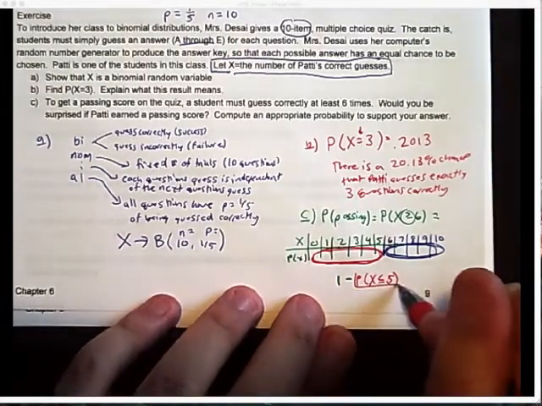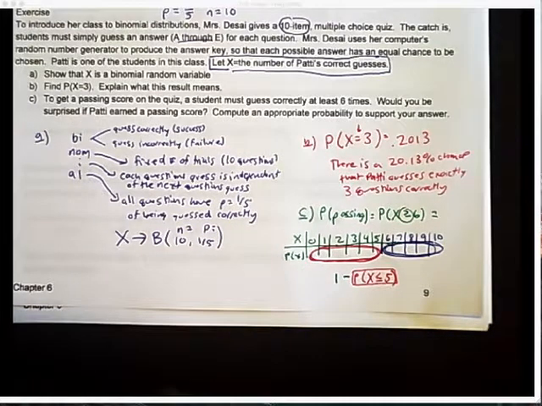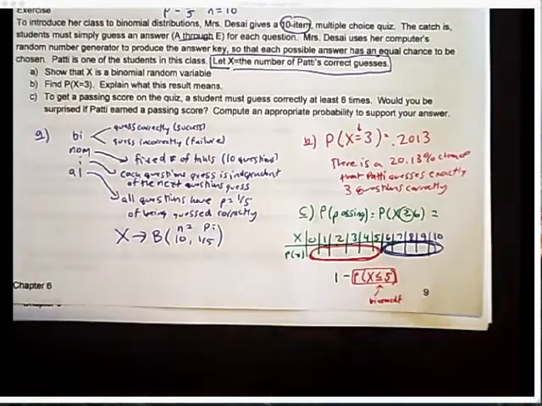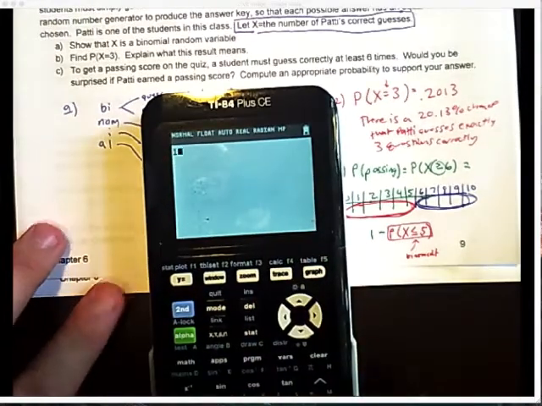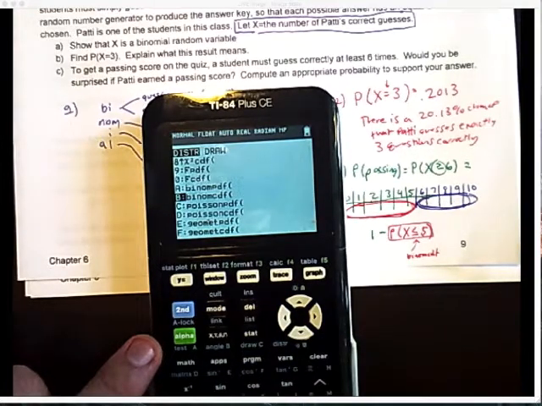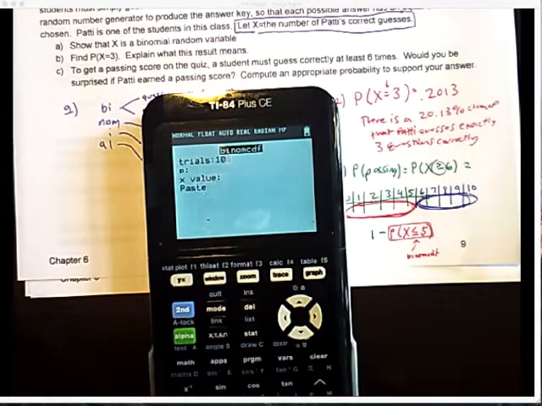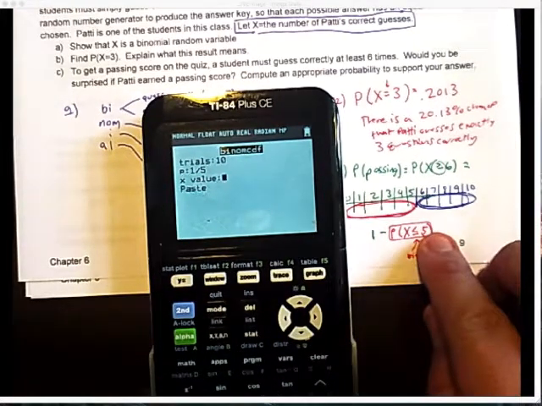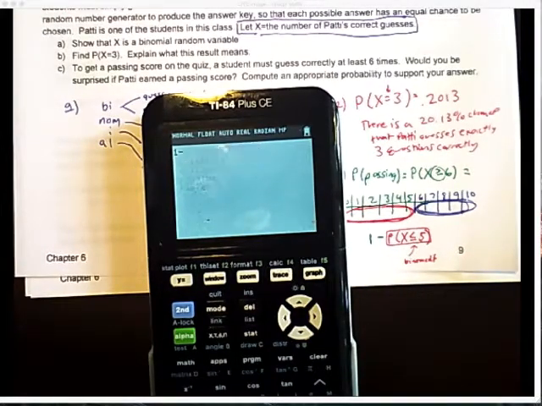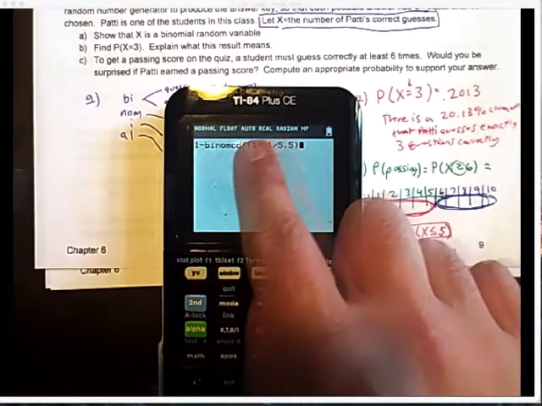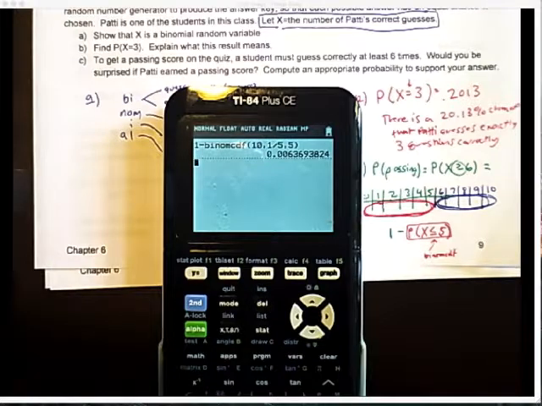I can do this in the calculator. Because this is a less than or equal to, I can use a binomcdf to figure out what that part is. So if I start to do this in the calculator, I can do 1 minus binomcdf, because it's a cumulative. Again, there's 10 trials. The chance of getting any question right is 1/5, and I want this X value to be 5. So it's the same thing, 1 minus this binomcdf, and my final answer here equals